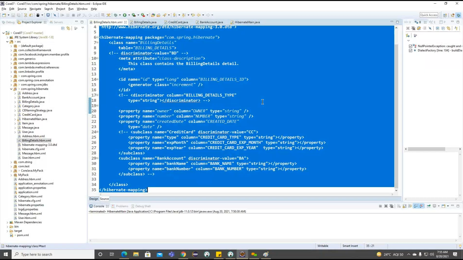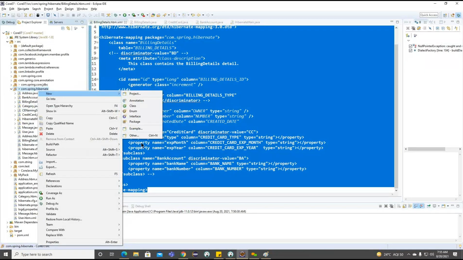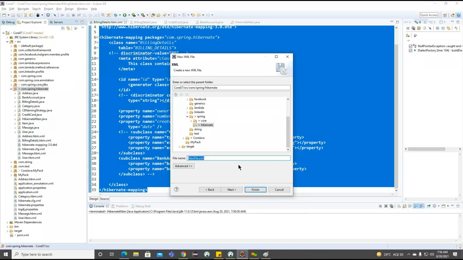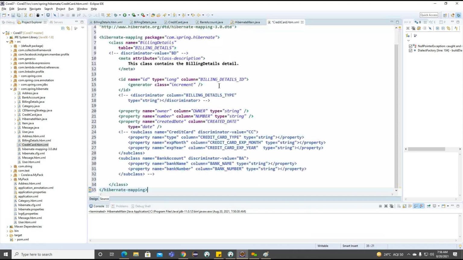Now we'll create one more mapping file. So credit card dot HBM dot XML. This is the one file we created here.